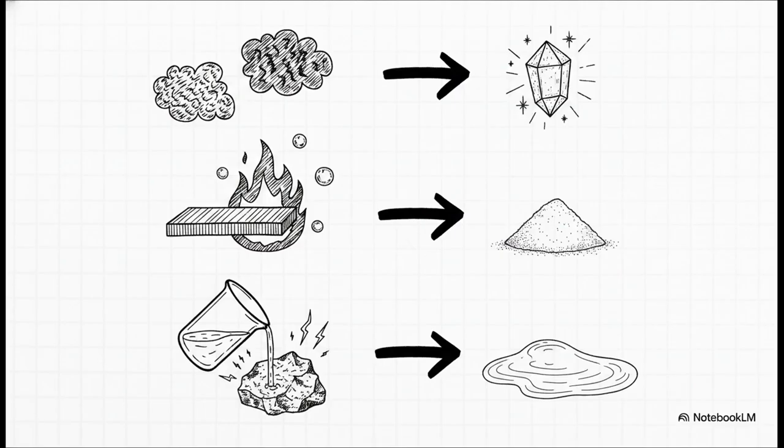First, ammonia gas reacting with hydrogen chloride gas. They immediately condense at room temperature to form a solid salt, ammonium chloride, which literally looks like a beautiful white smoke. Second, when you burn a magnesium strip in the air, it combines with oxygen to leave behind a white powder, magnesium oxide. Third, adding water to slake lime, or calcium oxide, generates a huge amount of heat and yields